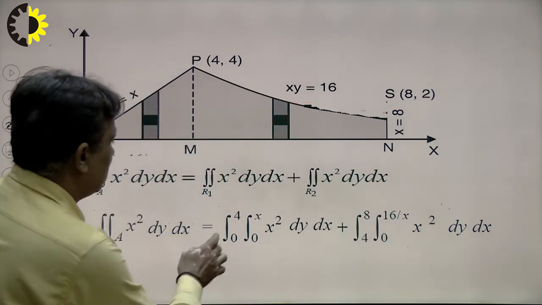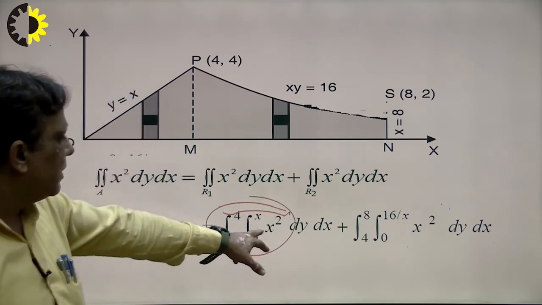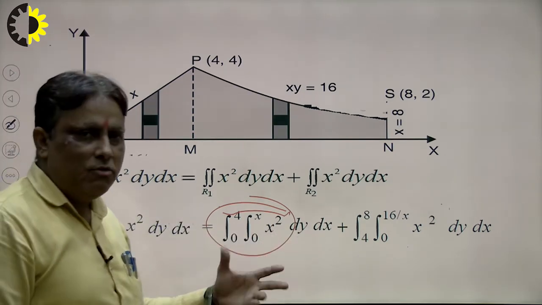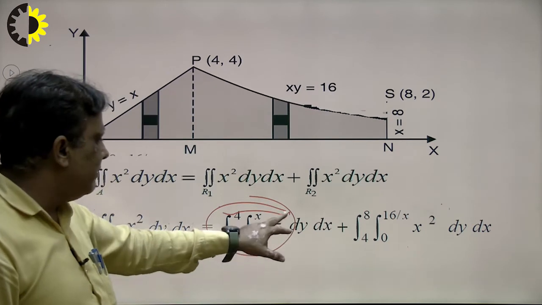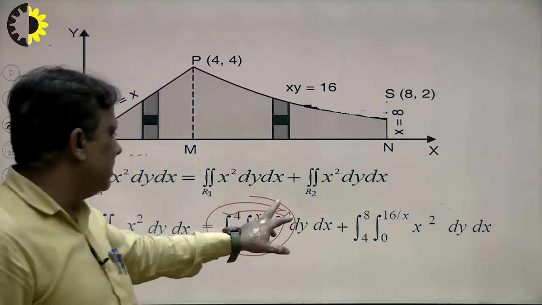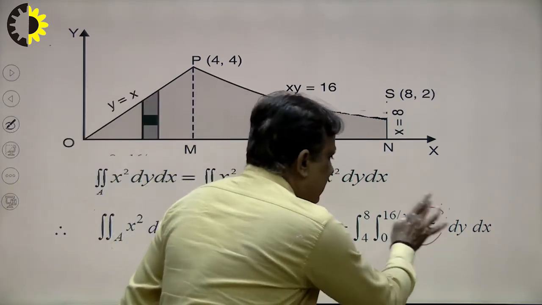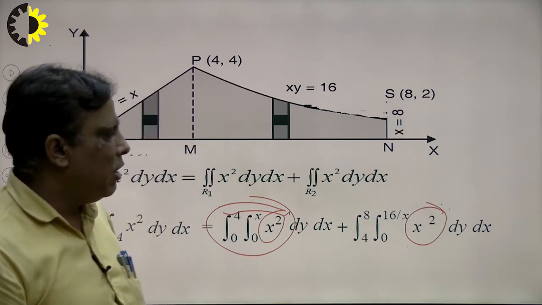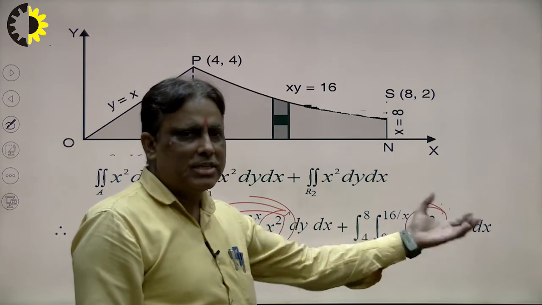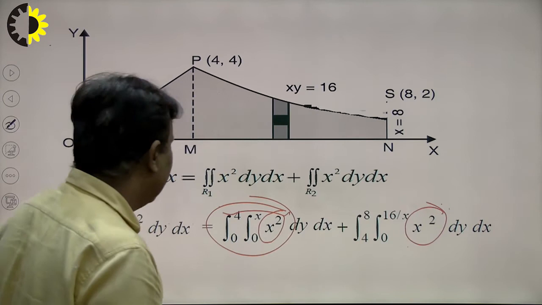So first of all we solve this line. How to solve? First of all we solve with the help of dy, right. So x square is constant. So what will be the integration of y, right, and upper limit x. So this will be x cube by, right, and what is the integration of x cube? The integration of x cube will be x4 upon 4, upper limit minus lower limit. In this case, this is the limit of y. So how to solve? x square y, upper limit minus lower limit. So x square into 16 upon x, 16x, and what is the limit? 16x, x square by 2, 8x square, upper limit minus lower limit.